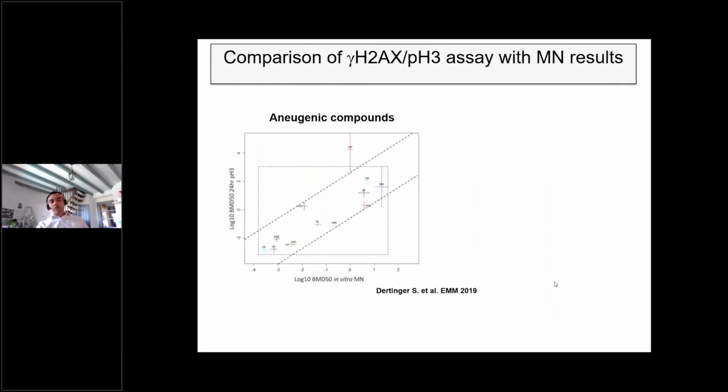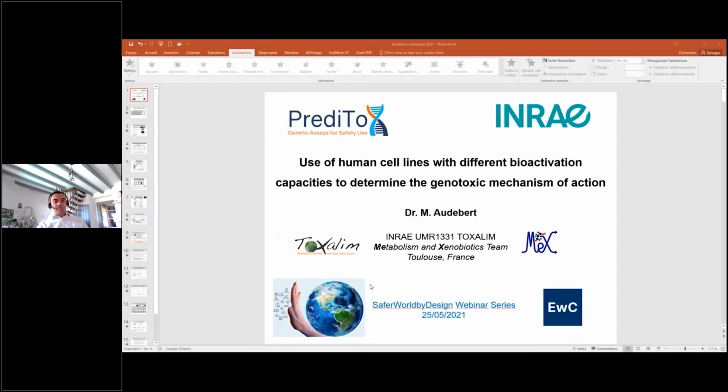So if we compare with more classical genotox assays like micronuclei, you can see here BMD 50 of in vitro micronuclei compared to, here it's log 10, phospho-H3. You can see, and here you have the same for clastogenic with gamma-H2AX compared to micronuclei. You could see a very, very high correlation between the micronuclei and gamma-H2AX and phospho-H3. If we compare with